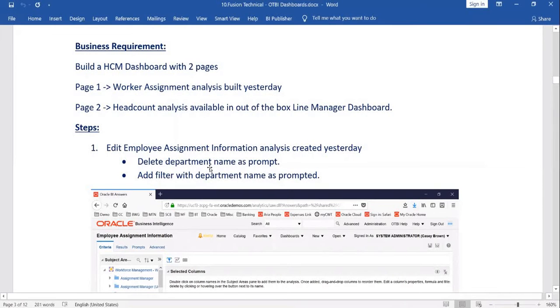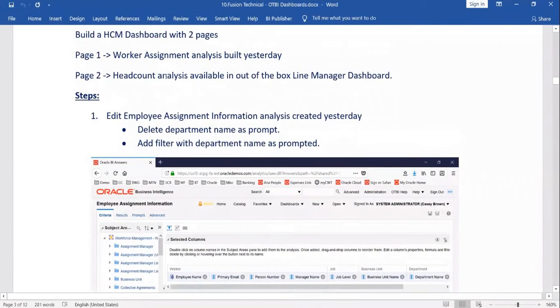After we do that, I will show you a few changes and how you can perform them, like how to change the dashboard prompt, how to change the report layouts, and so on. It's more likely that you might come across what we're going to do in page 2 rather than what we're going to do in page 1.